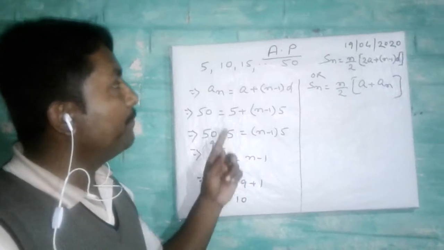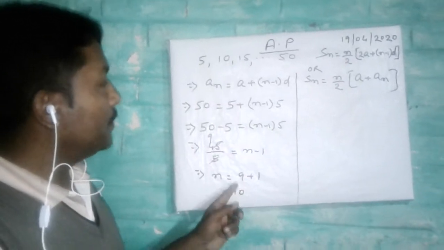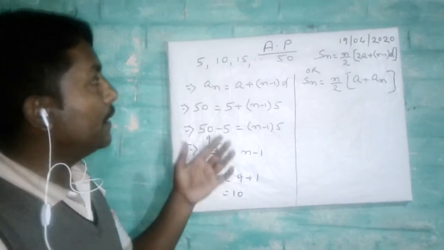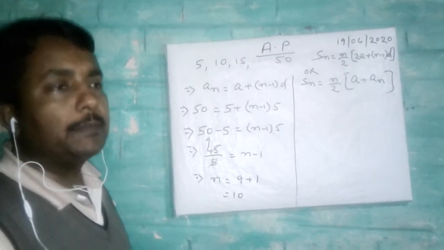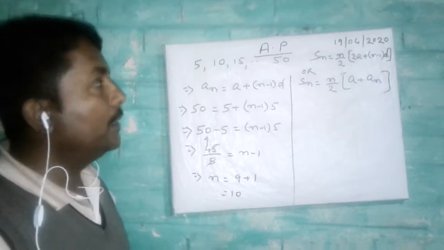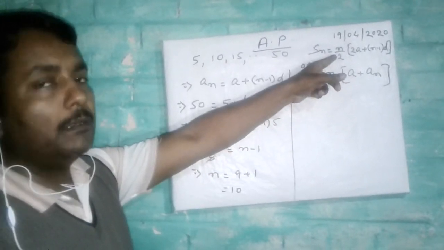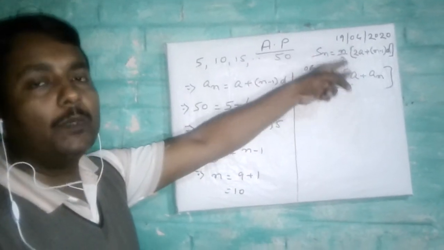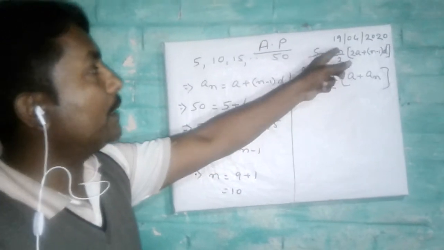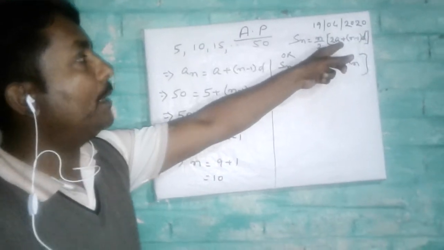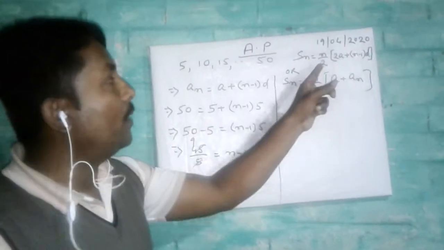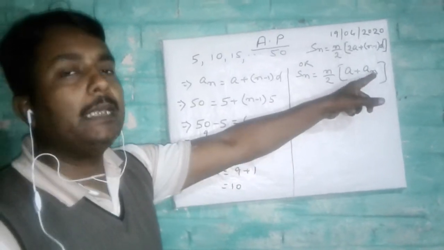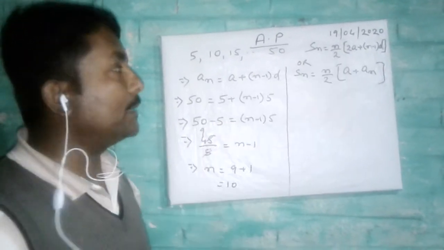So you see here we have already solved this sum and we got the value of n equal to 10. Now another question which may come in your examination, or another topic which is given, is to find the sum of the AP. To find the sum of the AP, we can use these two formulas. Sn equal to n by 2, 2a plus n minus 1 into d, or we can use Sn equal to n by 2, a plus l, that is first term plus last term.